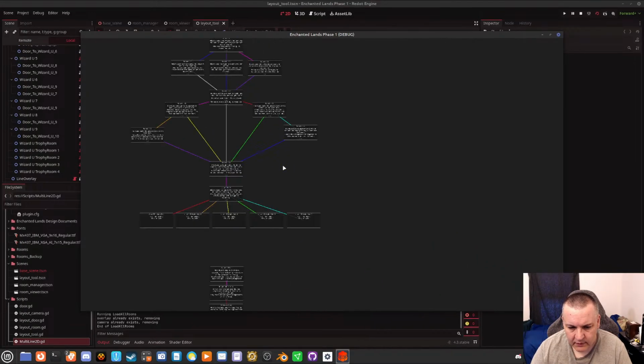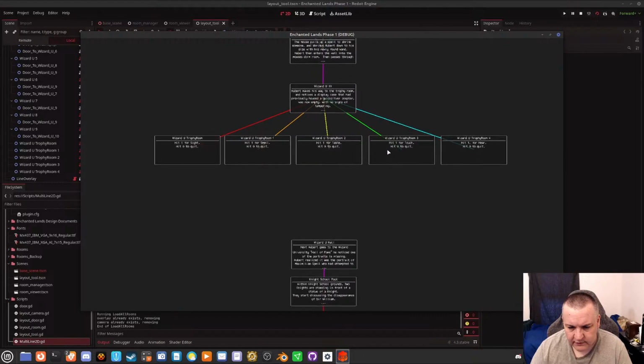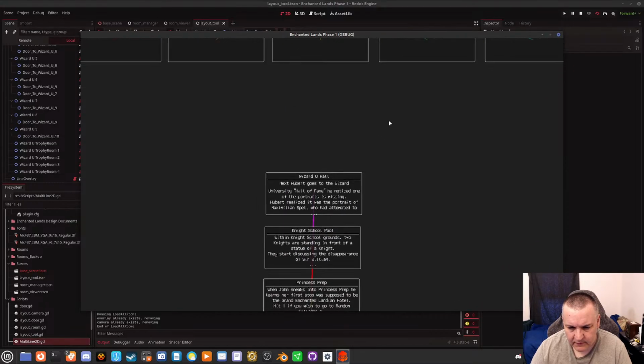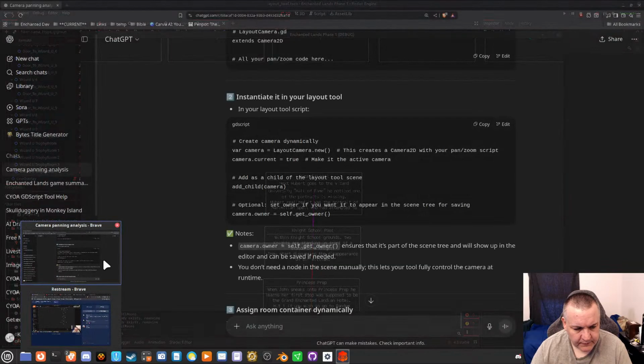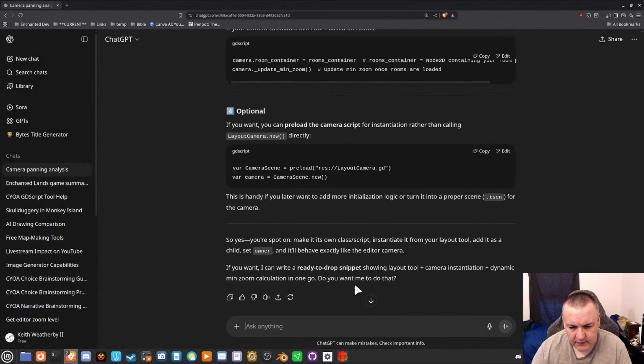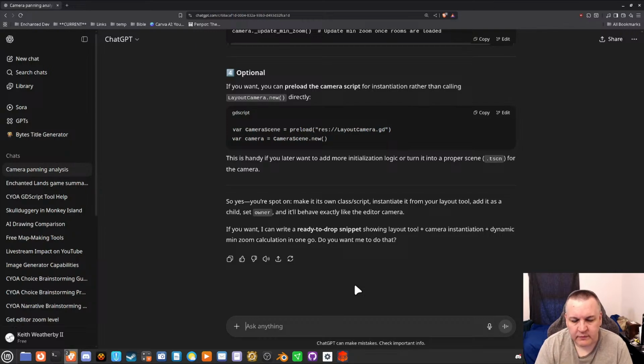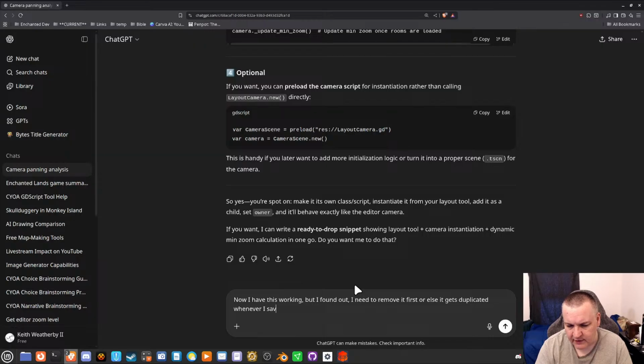Okay. I'll see if it works. Now, I have this working, but I found out I need to remove it first, or else it gets duplicated whenever I save the scene.